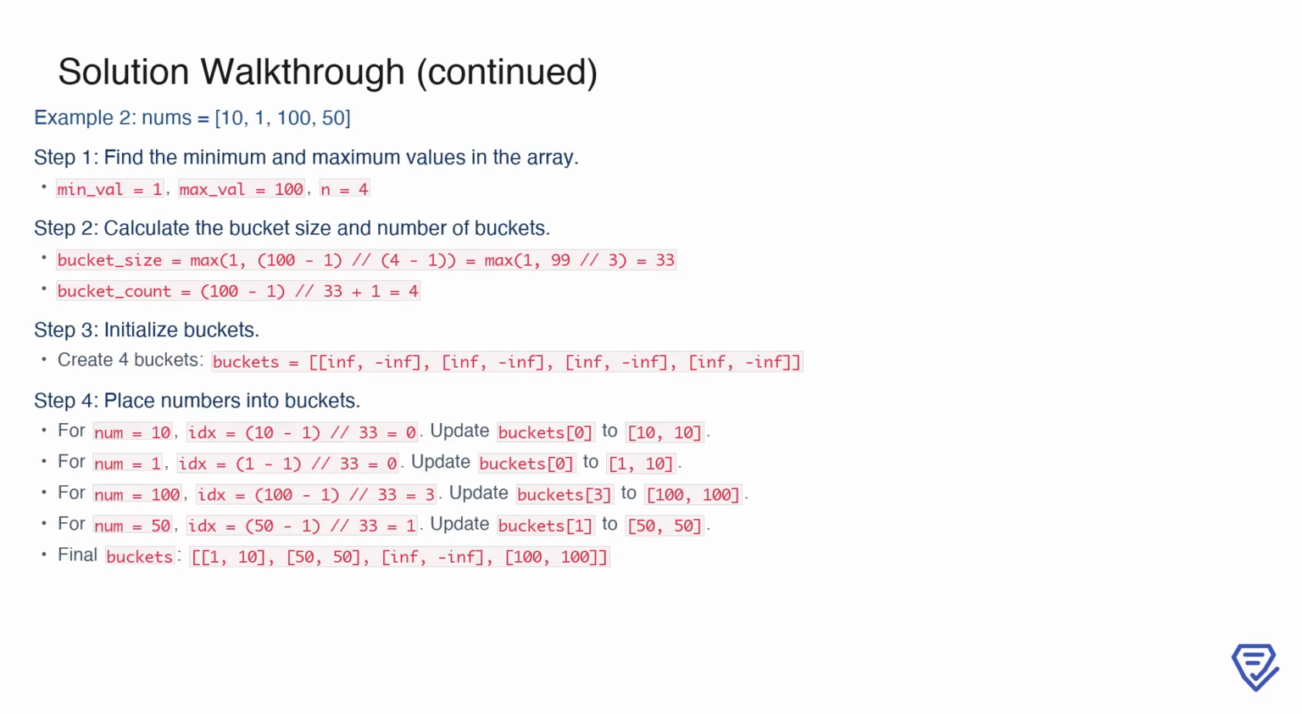Now consider a new example with nums equals [10, 1, 100, 50]. First, we determine the minimum and maximum values, min_val equals 1 and max_val equals 100, and calculate the bucket size and count. The bucket size is max(1, (100 - 1) // (4 - 1)), which simplifies to max(1, 99 / 3), and evaluates to 33. The bucket count is (100 - 1) // 33 + 1, resulting in 4 buckets. These buckets are initialized as